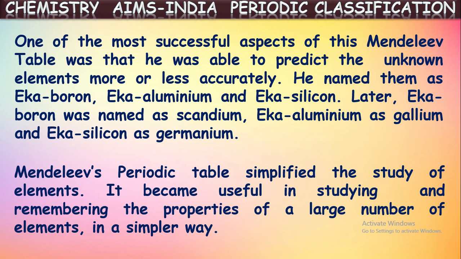Now, the properties of all these elements will be similar. In that way, it is easy to remember the properties of almost all the elements. These are the most successful points in Mendeleev's periodic table. One more we can say, he was the first scientist who could classify all the available elements at that time. Almost 63 elements were known at the time, and he tried to classify all of them and arranged them in his periodic table. That's the most successful point we can say.